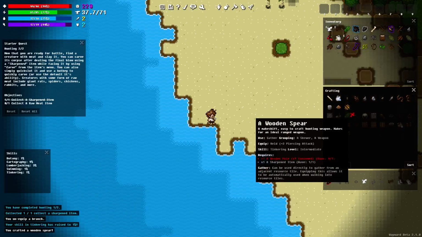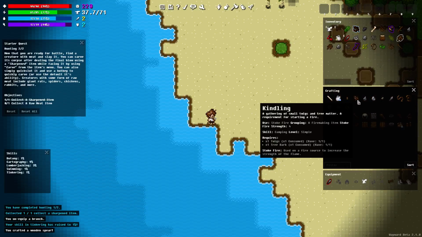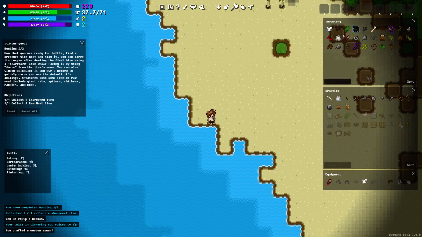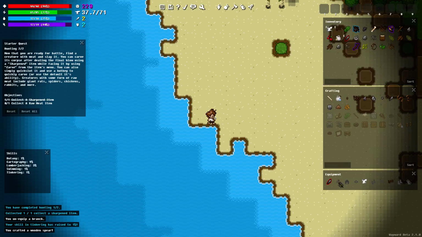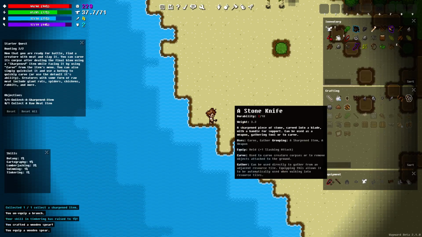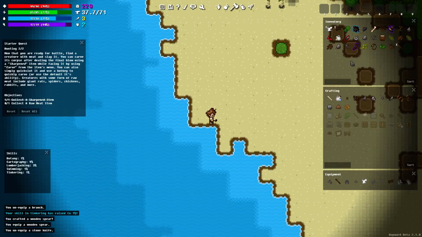Twigs are basically used for tinder and kindling, so you basically have to do different stuff. Anyways, I made a wooden spear here, so this is a makeshift, easy to craft hunting weapon. It makes for an ideal ranged weapon. I'm basically just gonna throw this in my inventory here. I actually don't want to be using a stone knife to fight with, so I'm gonna throw this